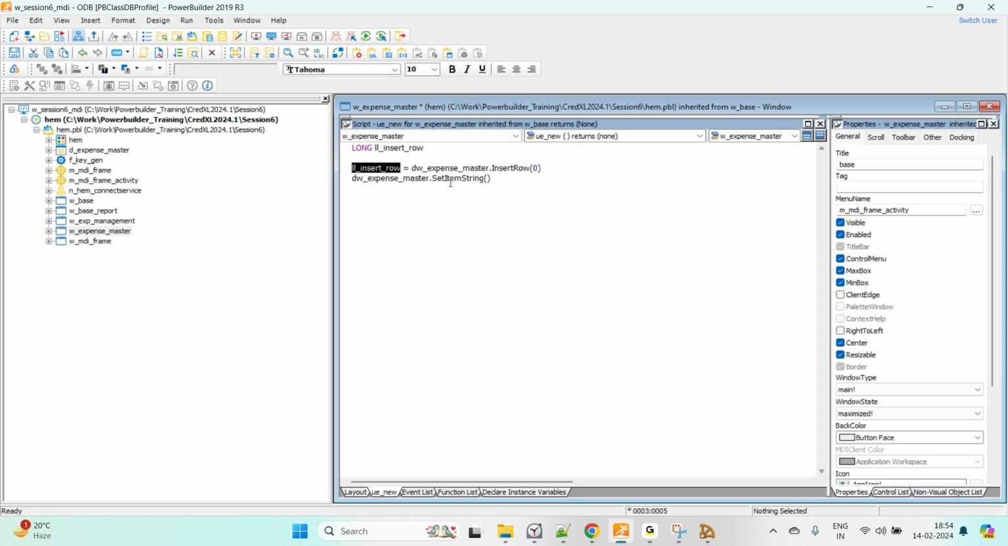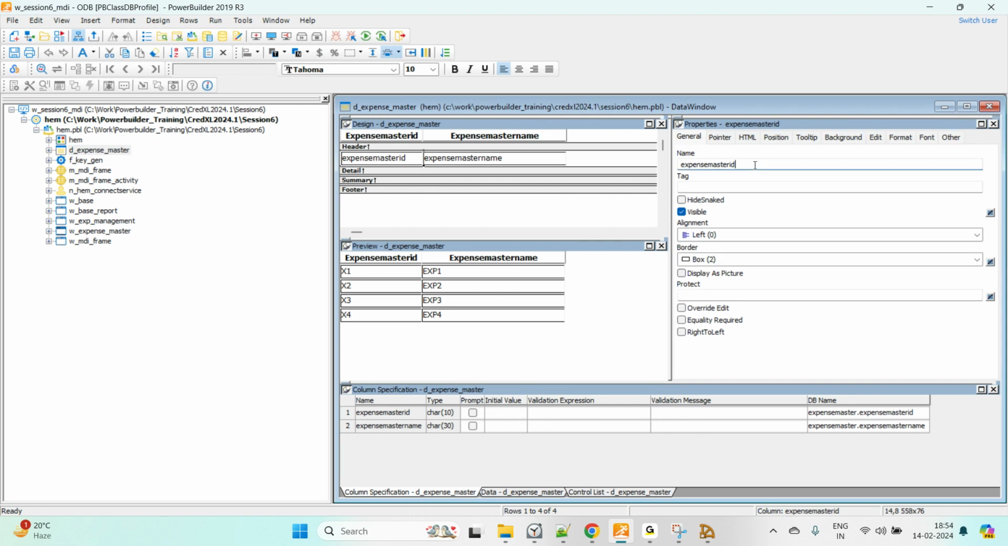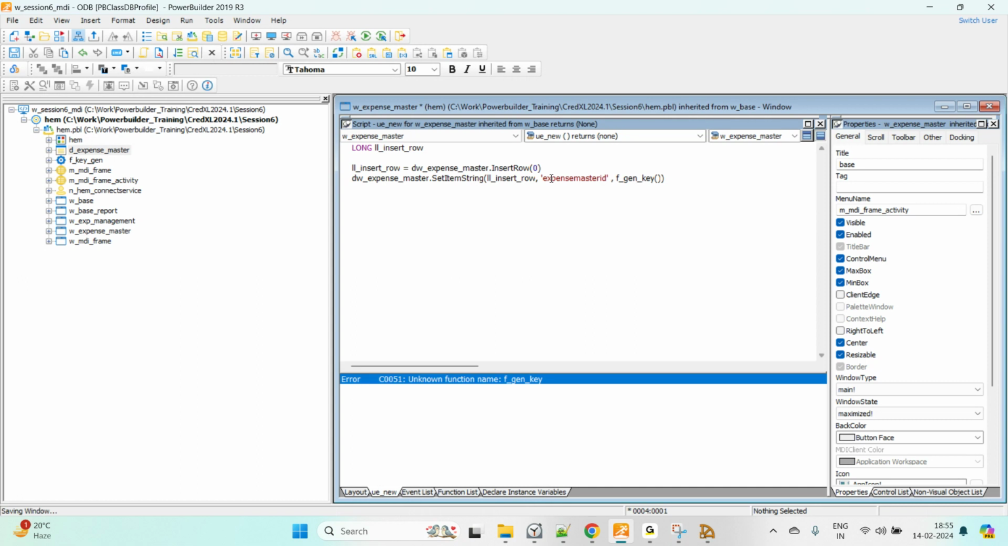So what does it need? The row number, the column name, and the column name you can get from here, expense master ID. And what does it need to be set? So need to be set f gen key. That will give you the, it's f key gen. Okay, so it will return a string, and that will assign to the